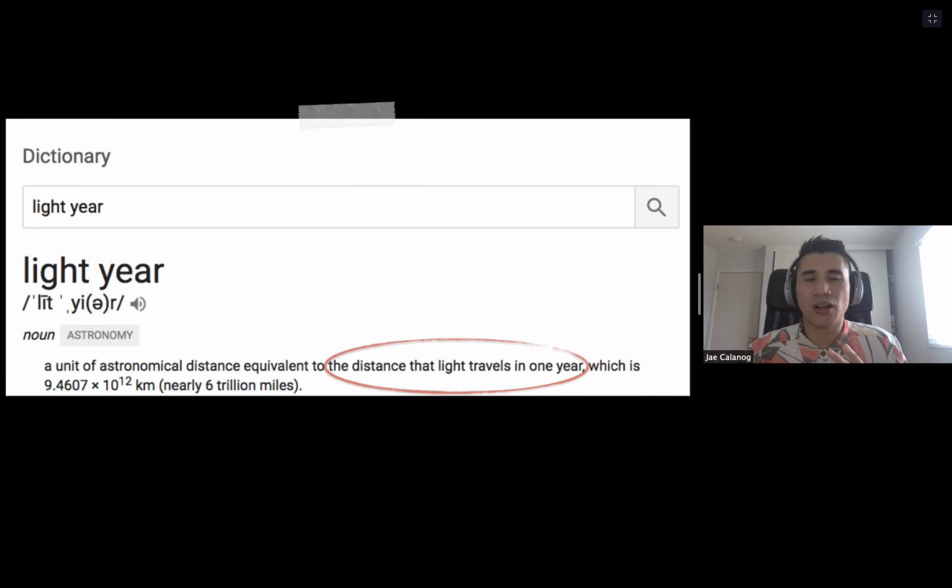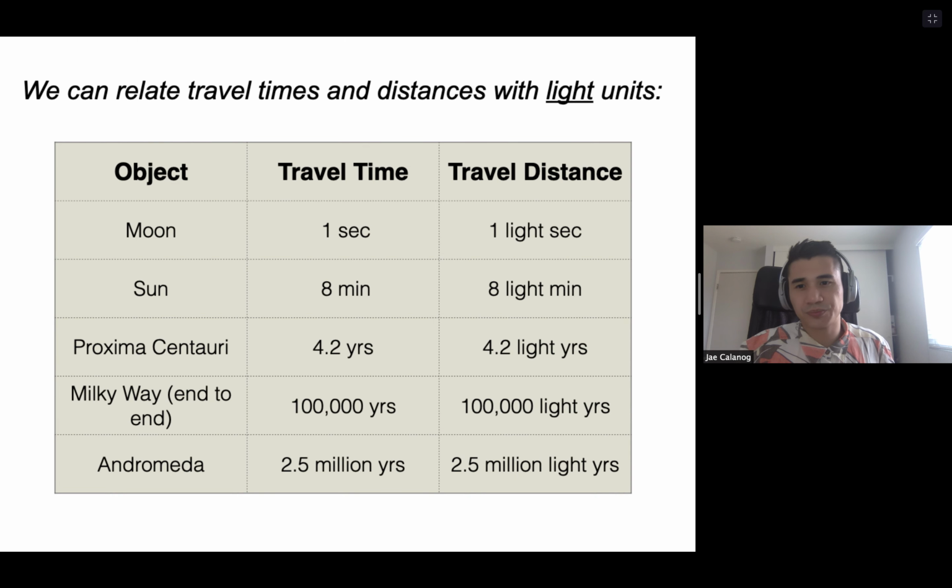So it gives you that false impression that a light year is a unit of time as opposed to distance. Okay, so just to clarify, a light year is a unit of distance, just like miles is, just like kilometers is. It's basically another unit of distance. And so now, knowing what a light year is, we can relate travel times with distances using the units of